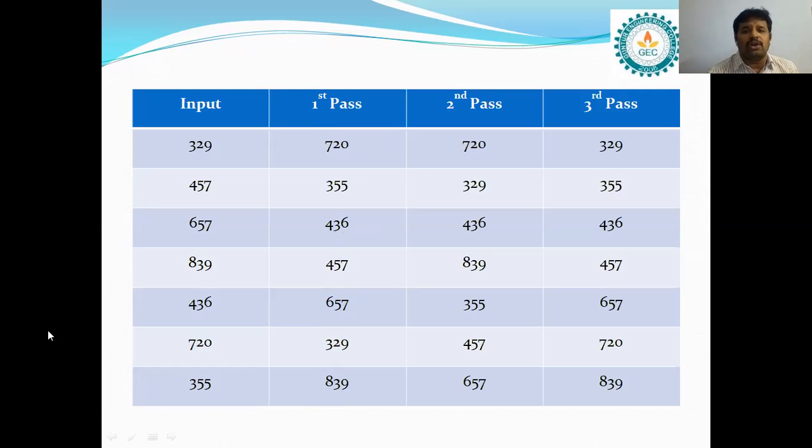Now we have to sort out the elements depending upon the tens place, right? Now consider all the elements that are located at tens place. So among all these elements, which one is the smaller? 2 is the smallest element, right? So we can write 720 as it is. Next smallest element is 329 here.